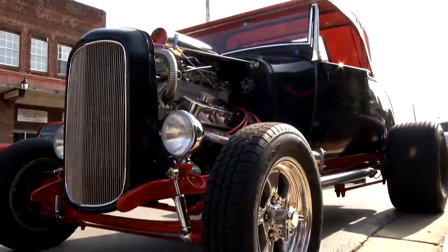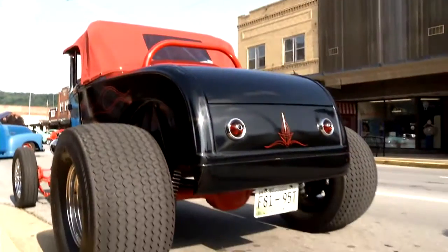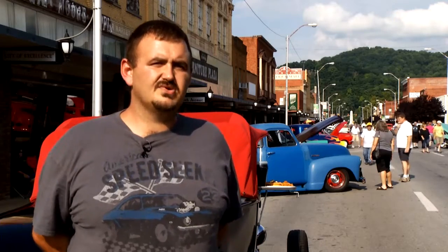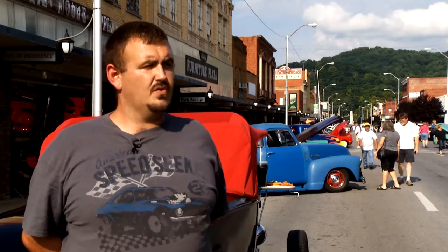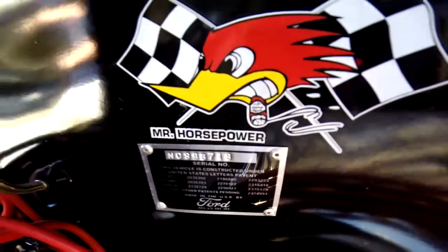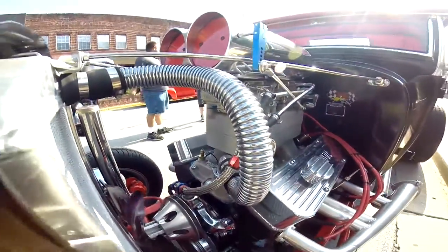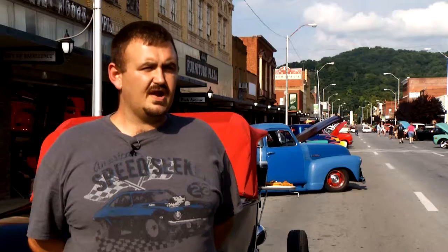I actually saw it on Craigslist. A really nice guy by the name of Roger had it, and it was in Rogersville, Tennessee, about an hour and a half away. I drove down there with a car I actually traded for it, and I got it from him and brought it home. I redid the rear end, the drive shaft, the motor, the radiator, the top,